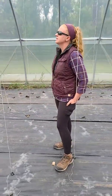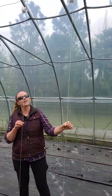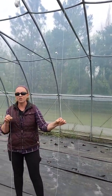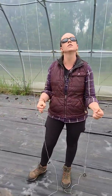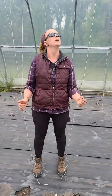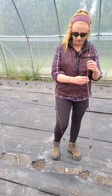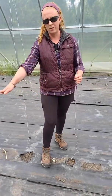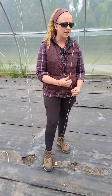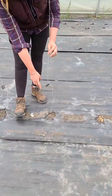High tunnels. What else? Since this footage in here is so valuable, we typically grow our crops up if we can. A lot of the crops, like tomatoes and cucumbers, naturally want to vine up anyway. We don't have any planted right in here right now. This high tunnel is going to be melons this year, so I'll probably let them sprawl. But last year, we had tomatoes growing right here, so we would just plant them in these holes,